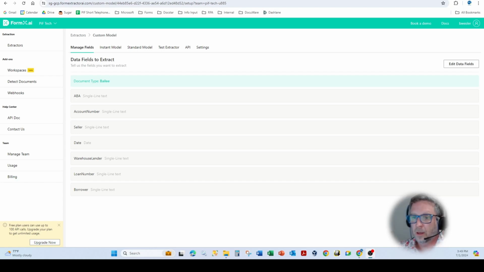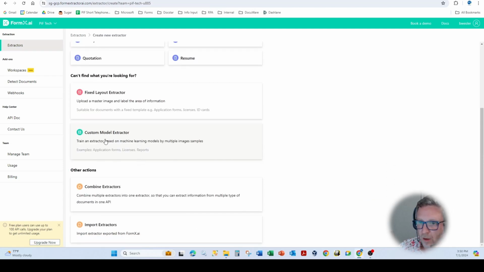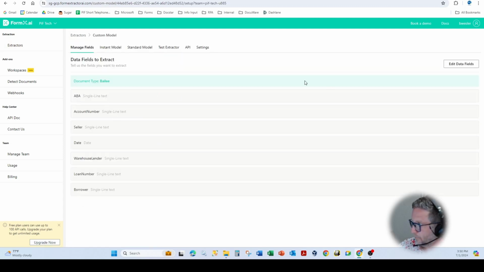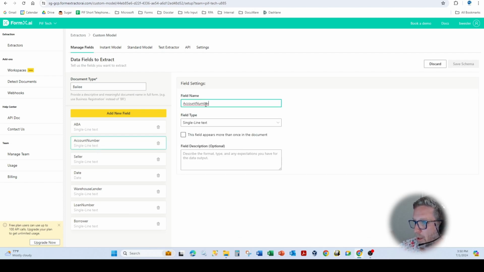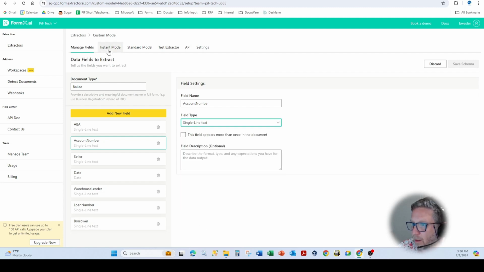Another thing I really like about FormX is you can create these custom models with this instant model capability. So I went into the extractor, I hit create new, and I used this custom model one. And when I went in, basically you just need to add the fields that you want, and you can see here account number, is it a single line, multi-line, percentage, tabular. In this case, these are bailee letters, so things like ABA and account number are actually key value pairs on